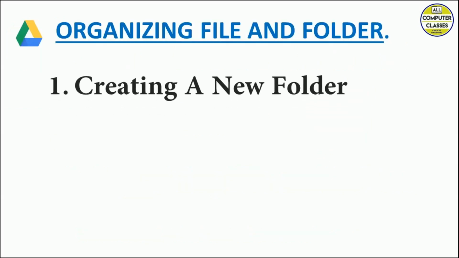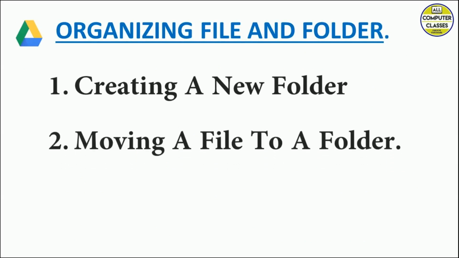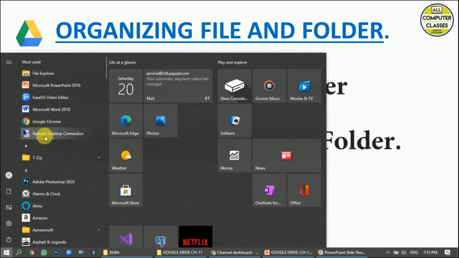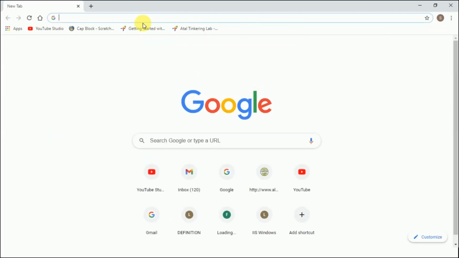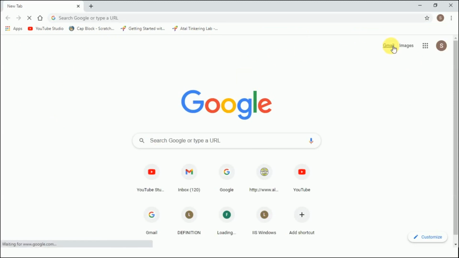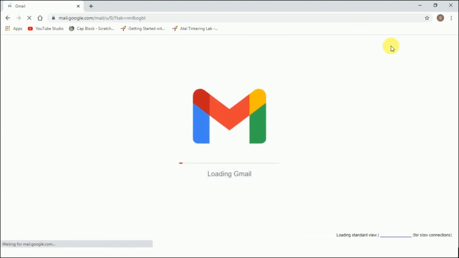First of all, we will learn creating a new folder and then moving a file to a folder. Let's learn practically how we can do this. So first of all, I'll open my Google Drive. The first step is open google.com, go to Gmail. My Gmail account is already logged in here.